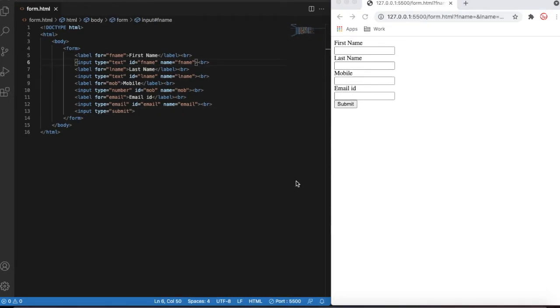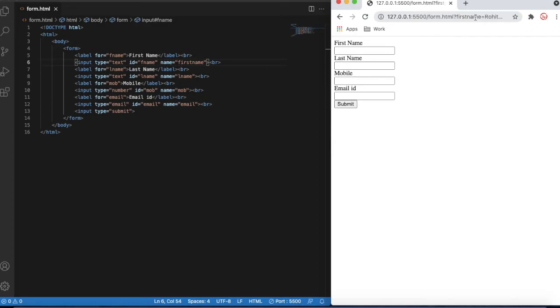So now if you see, whenever I click the submit button, at the top it has the app name, and this actually has the URL. Whenever you click submit, all the data is going to pass in the URL. So if I change this name equal to app name to first name and save that, and I put Rohit here and then click enter, you can see that first name equals Rohit.